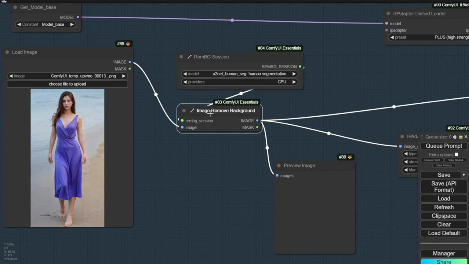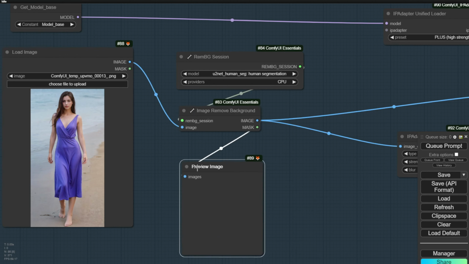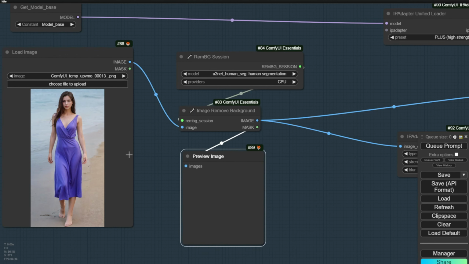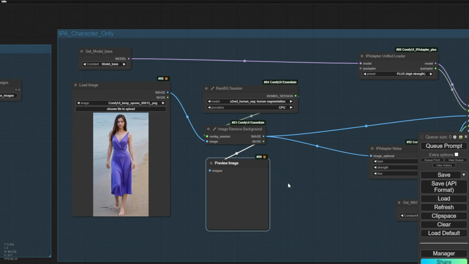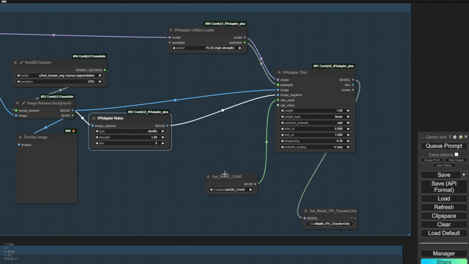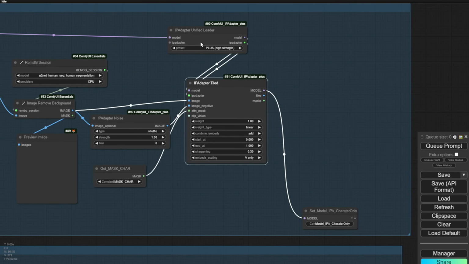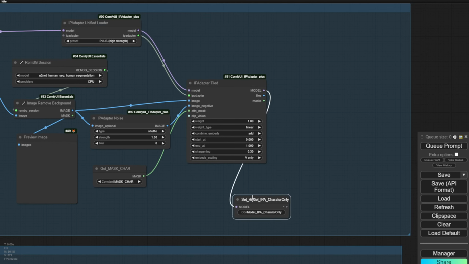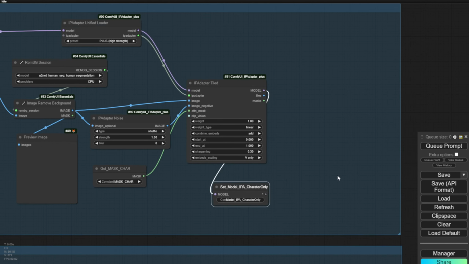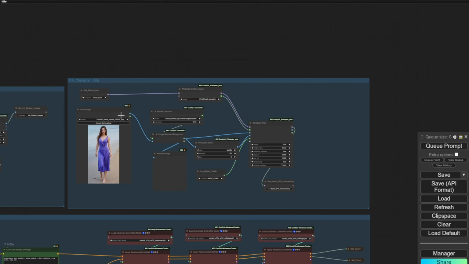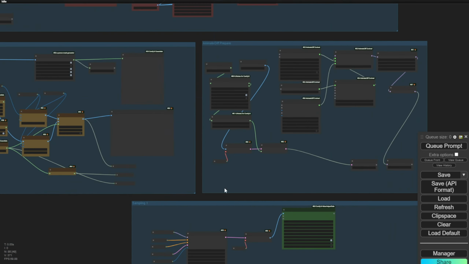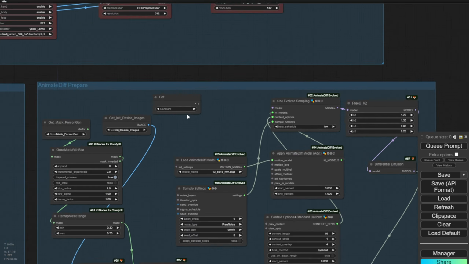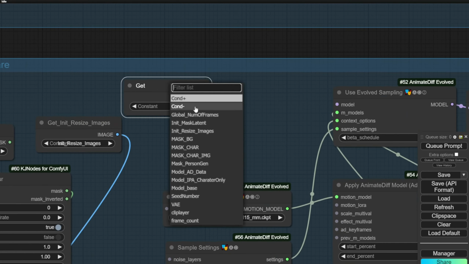Then I right now use the image background remover to, if any image, I want to remove the backgrounds and only keep the characters for the IP adapter, and I'm doing that as well. So that's one of the beauties of using the IP adapter and the image background remover. So here's the models of the IP adapter only. So we're going to get this one passed to our K-sampler. Actually, no, we should pass that to our animated diff connection. So let's get the animated models, and we get the models, the IP adapter character only models, and pass it to here.